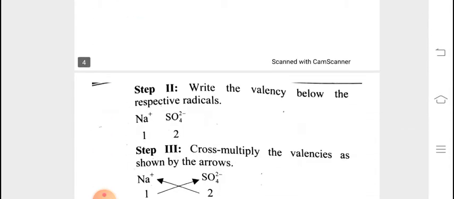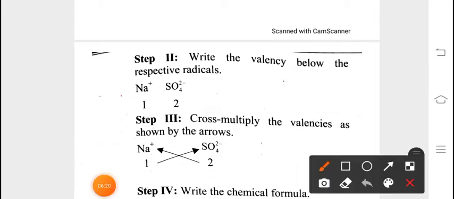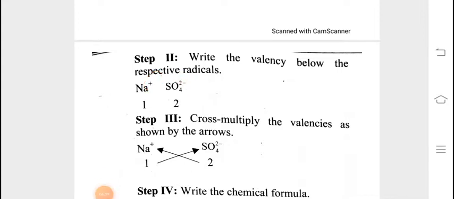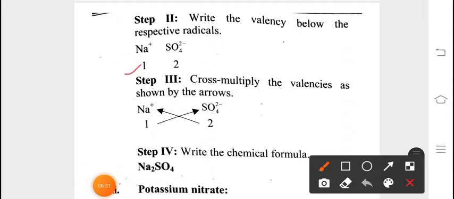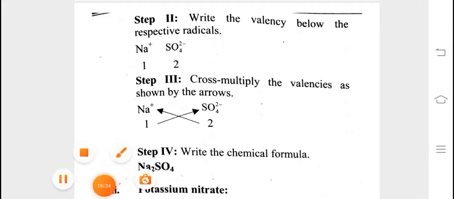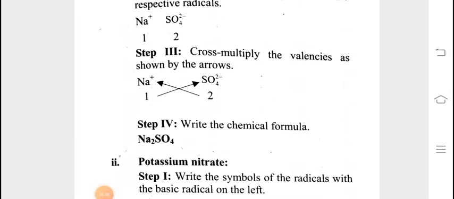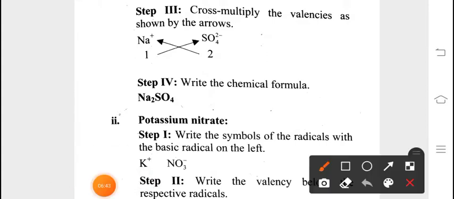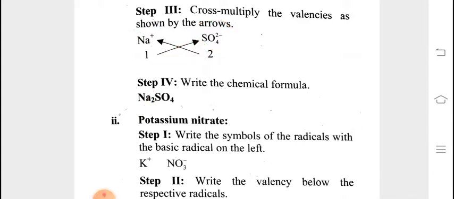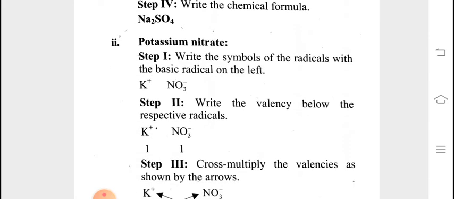So as I told you, single Na is there and SO4 is 2. Here you have to write the charge. 1 charge, 2 charge. So that is what I am writing over here, 1 charge and 2 charge. Now cross multiplication this way, and after cross multiplication you will get Na2 and SO4. Okay, now here we cannot give the charge because plus and minus become null.